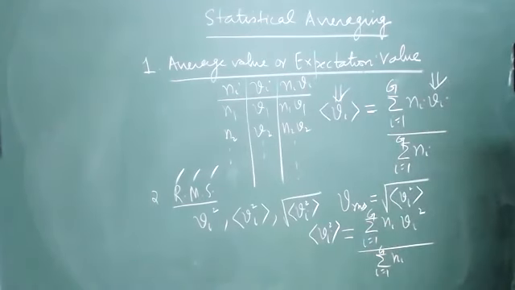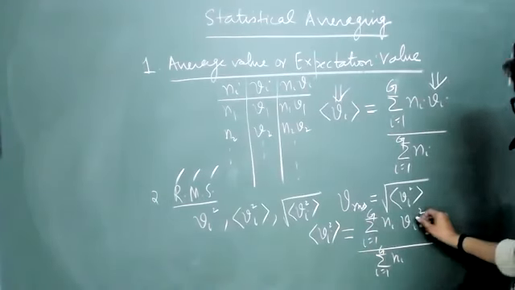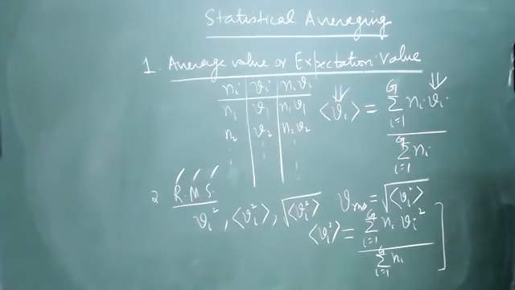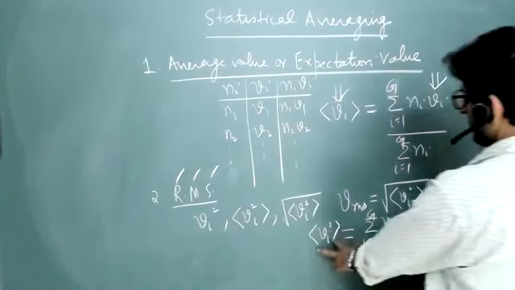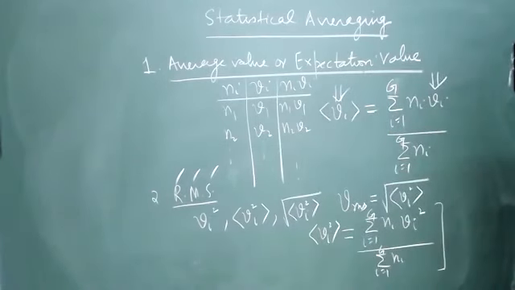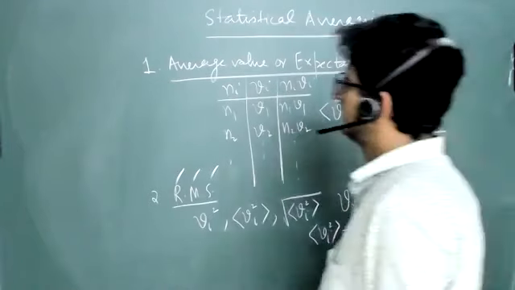Please see this. Okay. So this will be the value of this average of Vi square. Then you will take the square root of this quantity and you will get VRMS. Right? And the third is